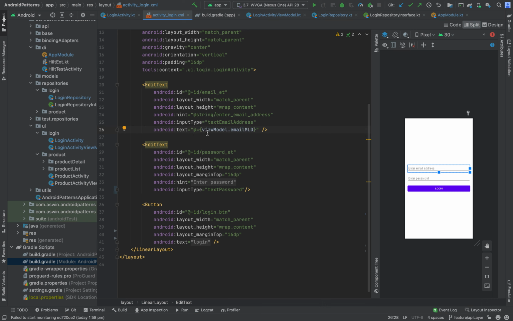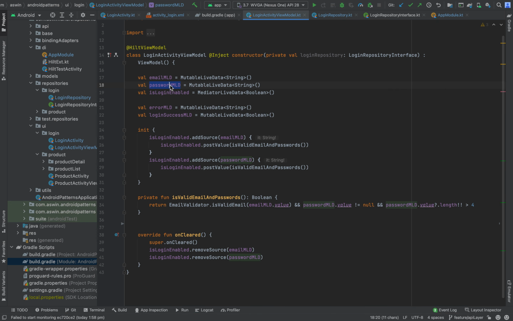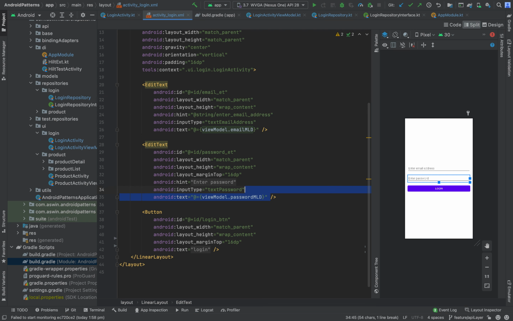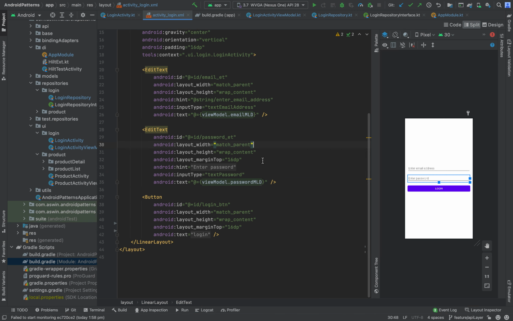When user types, the value inside the view model will be updated and the activity is recreated when the screen is rotated, and the last updated data will be displayed in the input field as well. Similarly, for password, we need to do two-way binding.